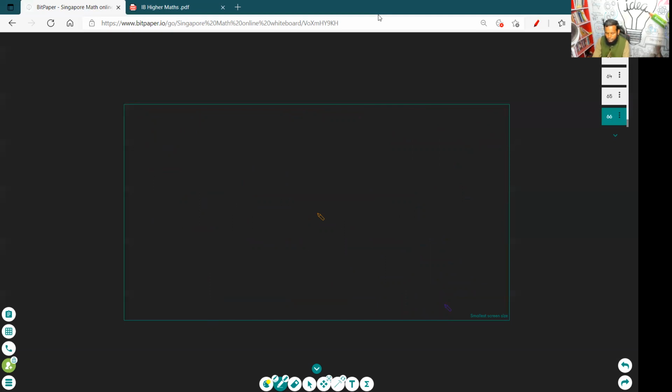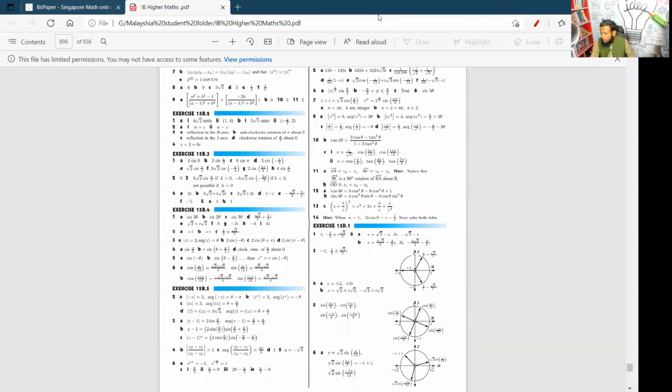So iota z, we did in polar form in the last lesson. Yeah, we did. Okay, question number 5. You can do question number 5. I feel like I just don't understand what the question wants me to do. Like they said write in polar form. That would be negative cis beta. Question number 5.